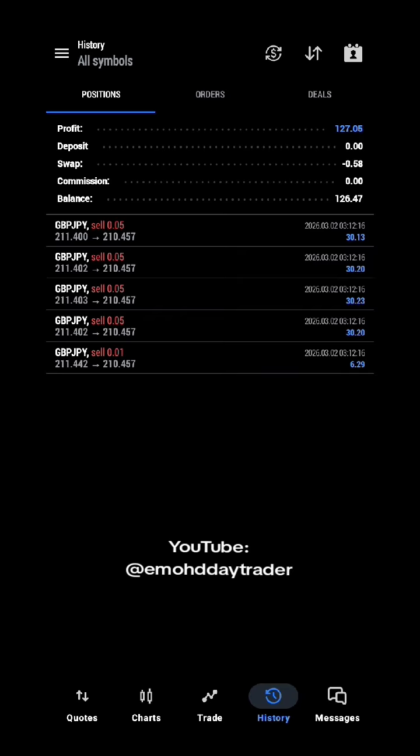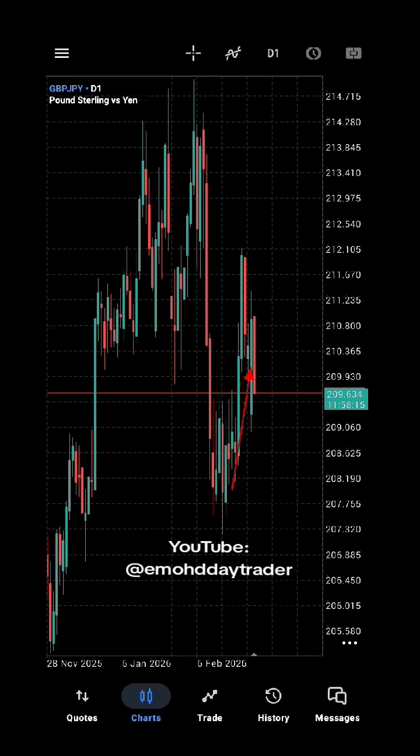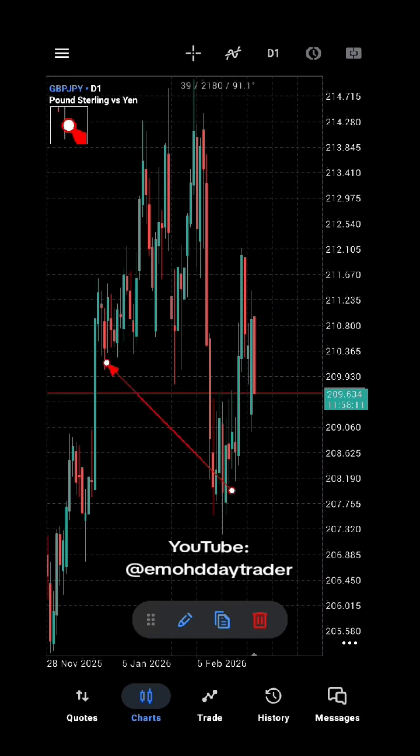This is it here. You can see the sells, different sells. This is when I liquidated the position, or this is where I liquidated it at. If you look at the daily, you can see the zone, the strong support where price